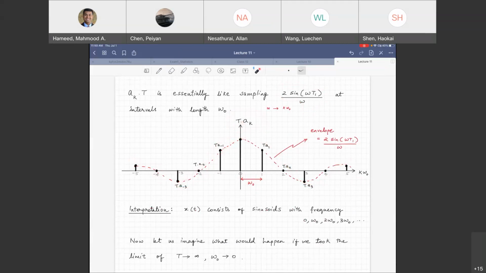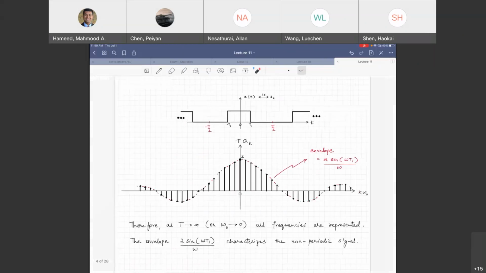Now, if you extend that time period to infinity, omega naught tends to 0. 2 pi divided by T, T goes to infinity, omega naught tends to 0. So what happens to this? The separation between these will become closer and closer, right? As you extend that time period to infinity, it is like saying I am evaluating that same function, the same function, at points close to each other. The sampling interval has gone down. You see that? So from this, you will be able to go to this. As you push this square wave out, you get more and more samples in the middle. That's what we showed with that demonstration.